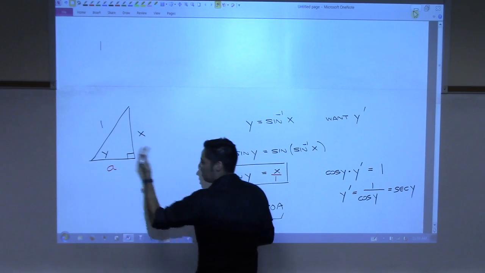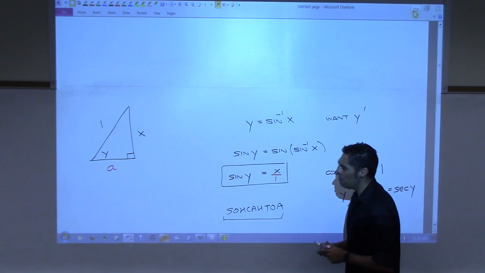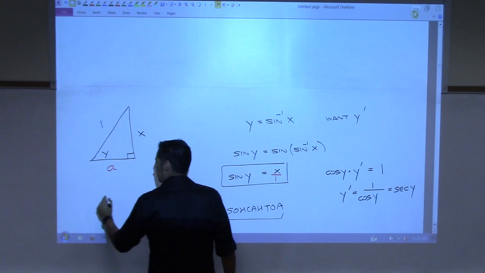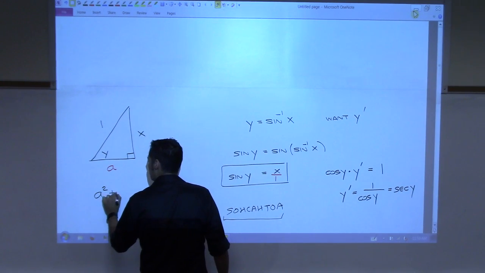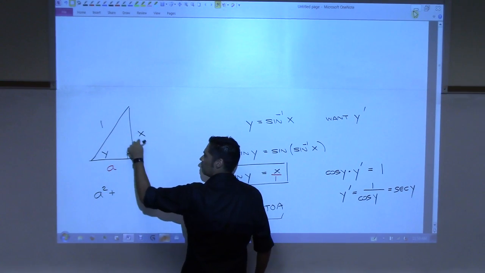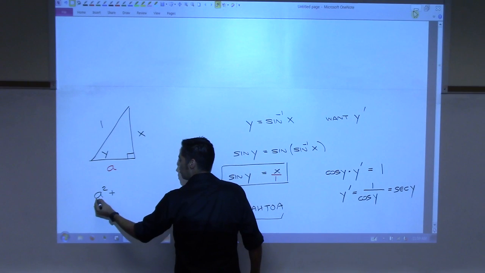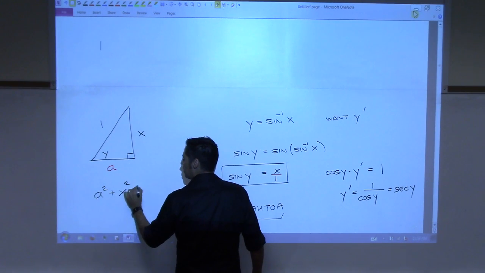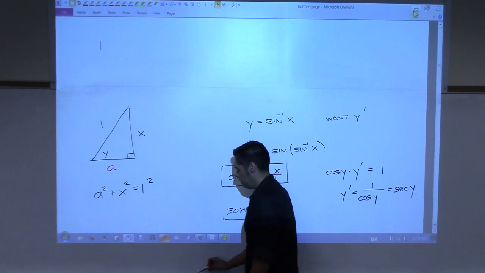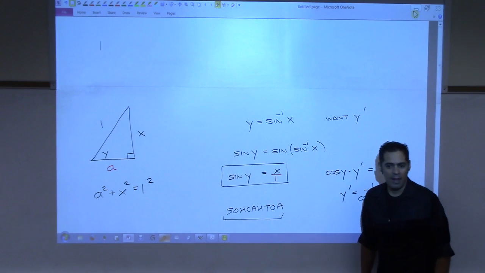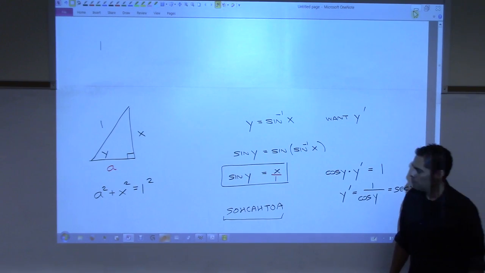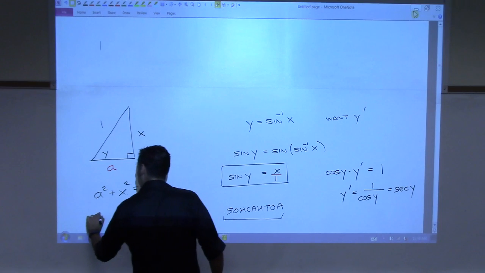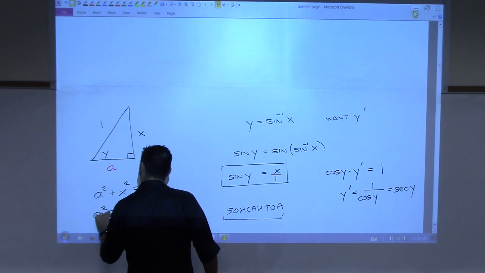We call this A for adjacent. Is that all right? We know the Pythagorean theorem says that a squared plus b squared equals c squared. So I can say a squared plus x squared must equal 1 squared. And I can solve that for a. And when I solve that for a,